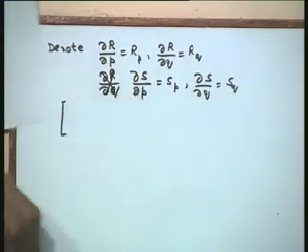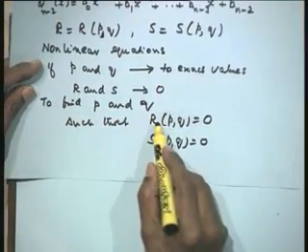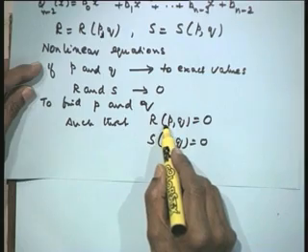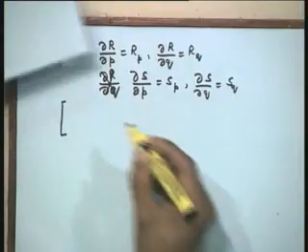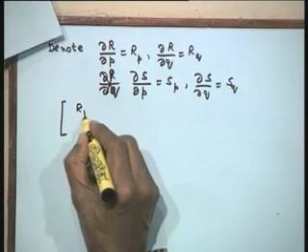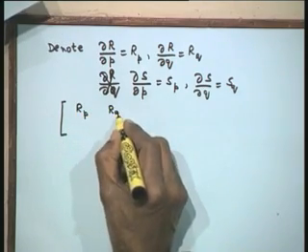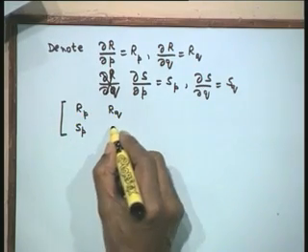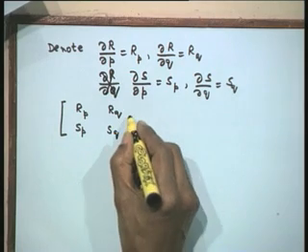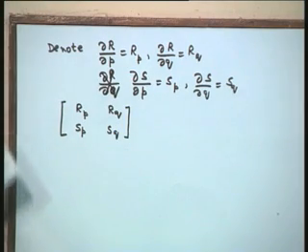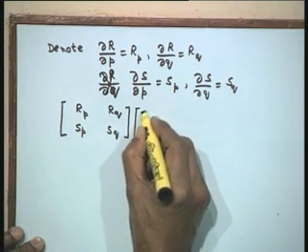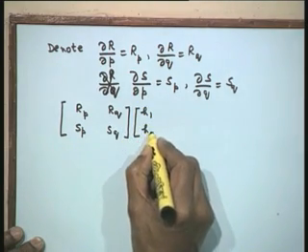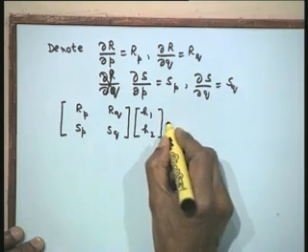The Jacobian of r is delta r upon delta p, the first element, and the second element is delta r upon delta q. So what I will have here is r suffix p, r suffix q, s suffix p, s suffix q. So these are the four partial derivatives that appear in the Jacobian, and these are the increments that we are solving for. So I will have here h1, h2 as the increments.